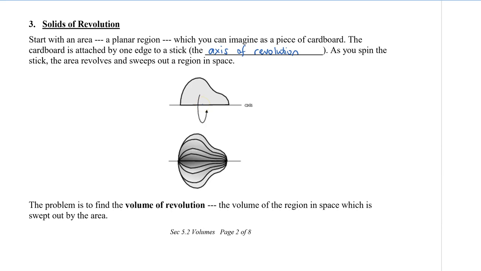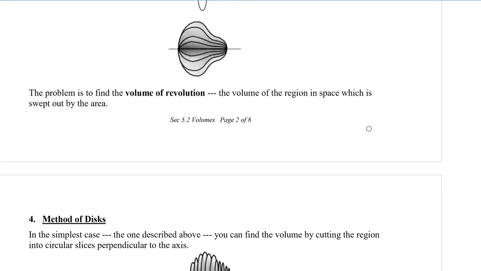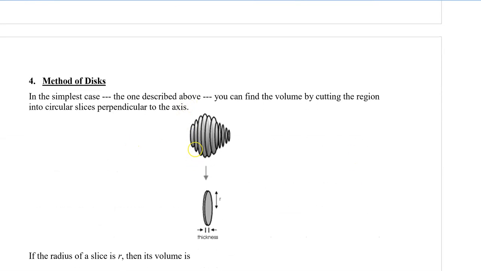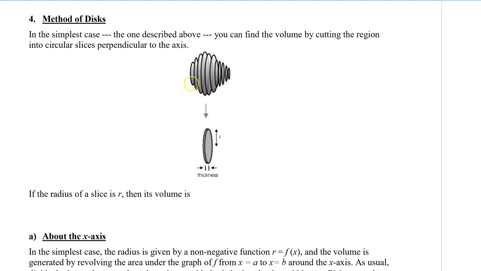Now the simplest case, such as this one, is to find the volume by cutting the region up into circular slices. So now we're going to take that pear shape and cut it up with slices perpendicular to the axis. Let's say that starting over here is going to be a, and from here is going to be b. And the radius of the slice we're going to take out is going to be r. Then its volume is going to be pi times r squared for the area of the circle,